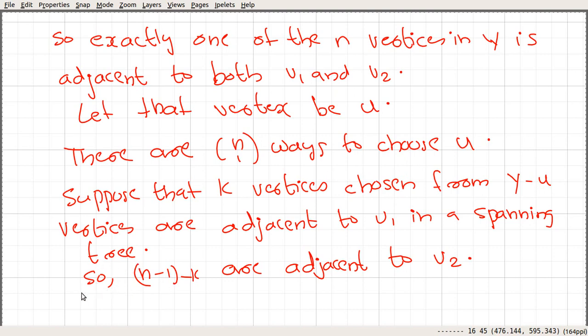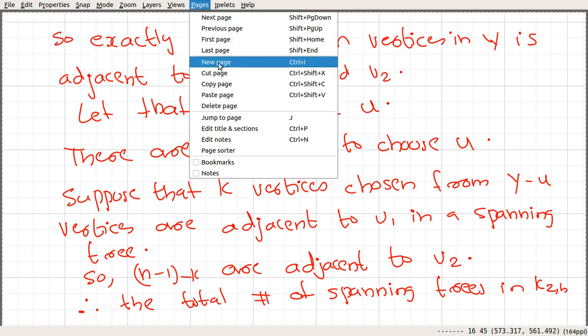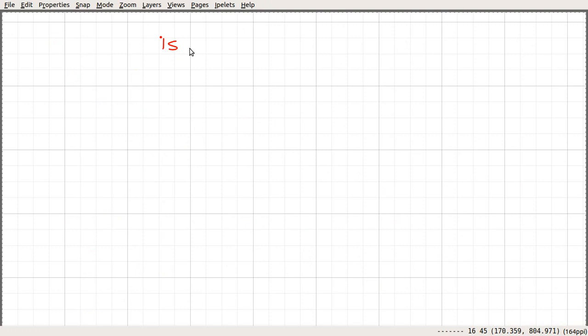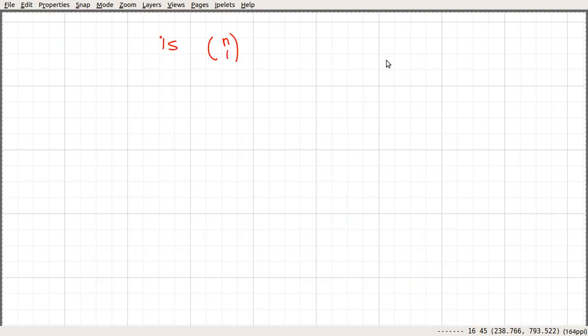So let me write down what I said. The total number of spanning trees in K2n is, first, we have to choose that vertex U, which can be done in n choose 1 ways.